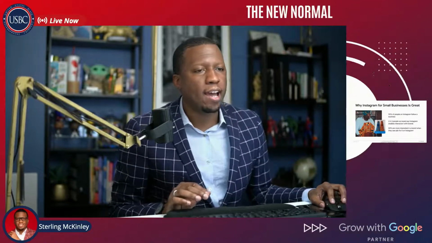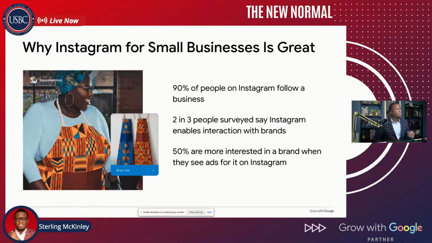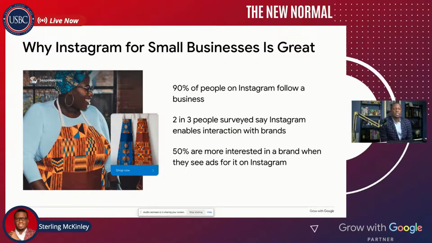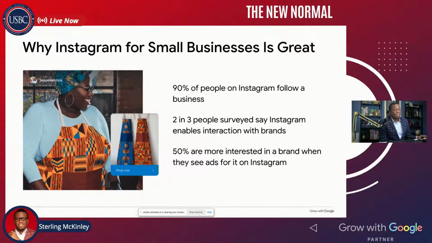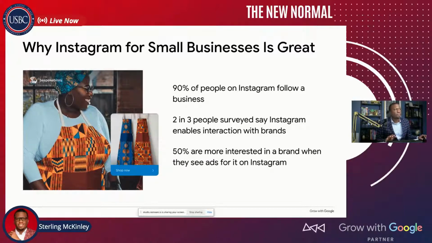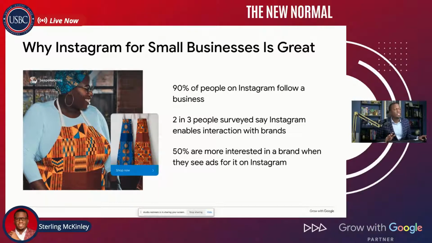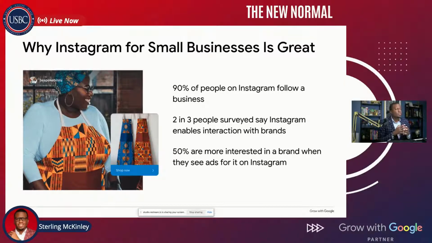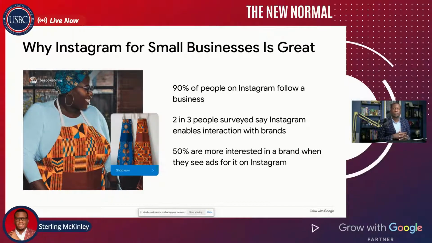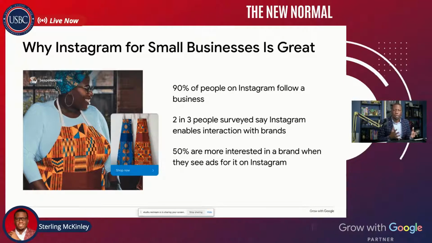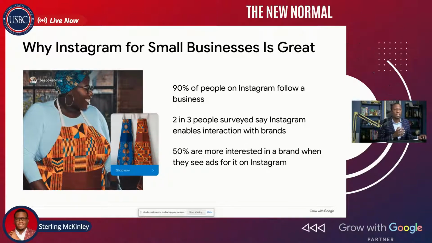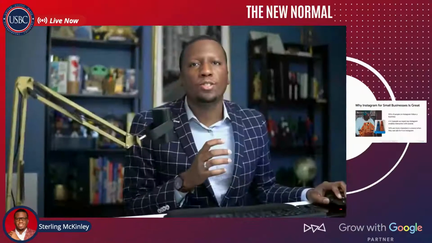And the final stat I have on the share is that 50% are more interested on Instagram when they see an ad from a brand. And pretty much that's saying, once again, the power of Instagram. And you see right here, I have a picture of a young lady, and she's selling some clothing. But once again, it's so important because Instagram also is about ads, of course. And I believe every 3 or 4 posts is going to be an ad on Instagram. So once again, it's another opportunity to reach your customer.